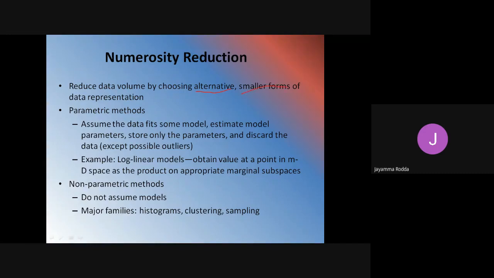If the data can be represented using smaller forms, then we will use that alternative form rather than the original data, which is very heavy. So the data will be represented in reduced forms in numerosity reduction.